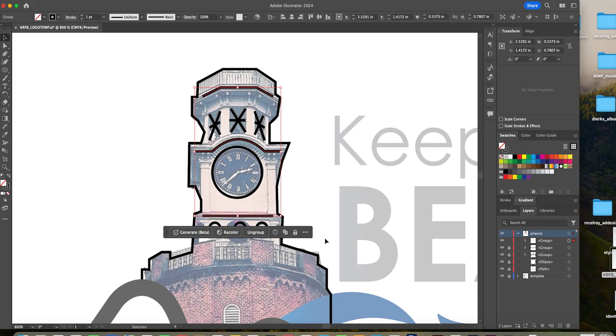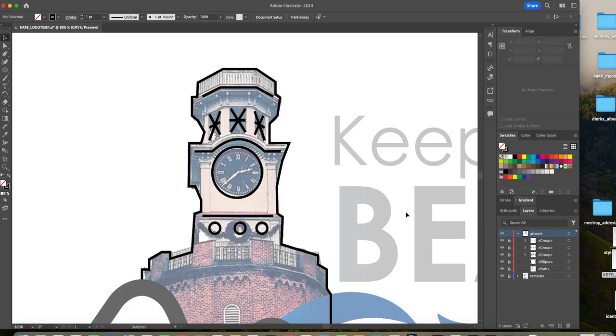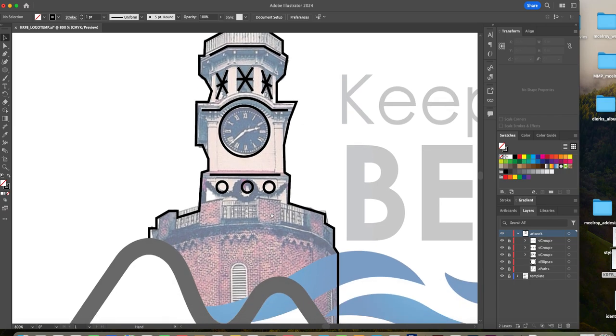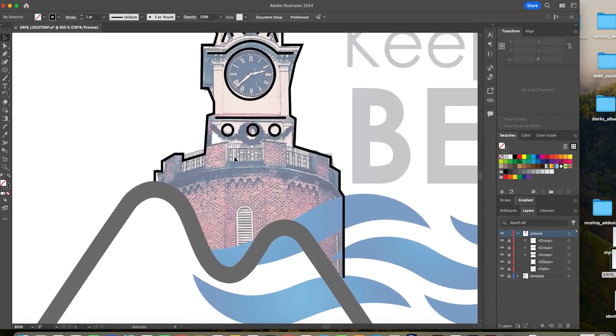All right, very good. Once you have them grouped, let's lock it. Now I've got to deal with this kind of railing situation we have here. And we have these pillars. So I'm going to create, where it doesn't touch the outline of the clock, which is this one right here, I think I'm going to